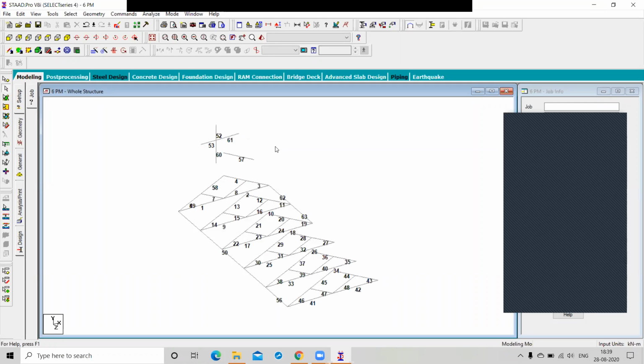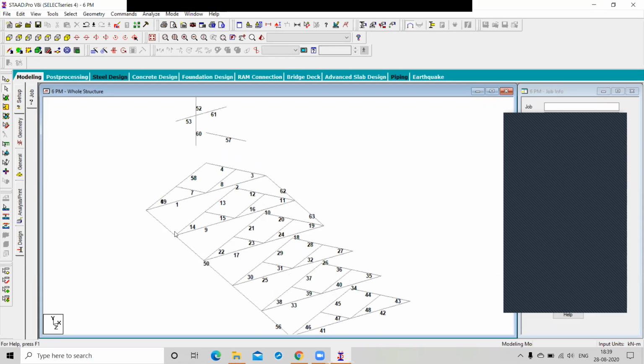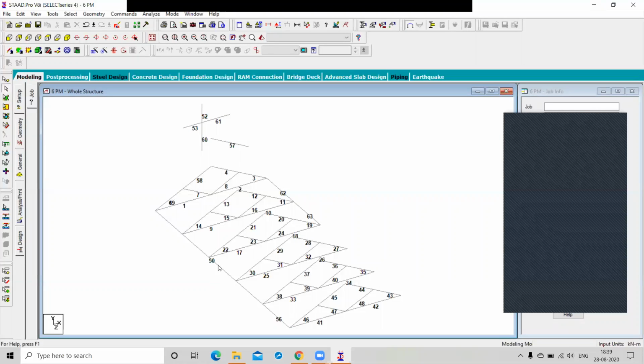you go to the beam members, right? In the beam, you can clearly see all the beams here. This is your 50 beam, right? This is your 56. But where can you find 51, 52, 53, 54, 55? 51 is missing, 52 is here, 53 is here, 54 is missing, right? Right. 55 is missing, and 56 here, and 57 here.